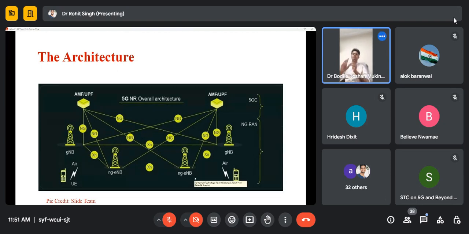NG E Node B are the fourth generation network or fourth generation base stations, but they can support some of the possible aspects of 5G. So they are neither fully 4G nor fully 5G. They can support some of the functionalities of 5G, and they are also known as next generation E Node B. So again, they are E Node B itself, but they can support some of the next generation functions and are referred to as next generation E Node B. And again, all such G Node B and E Node B are connected to the mobile via